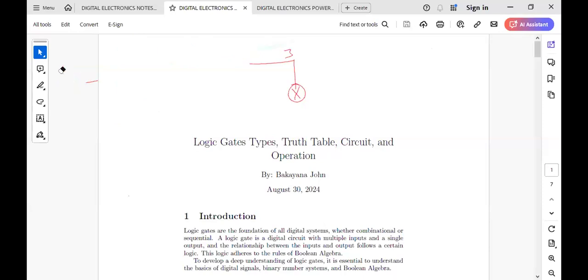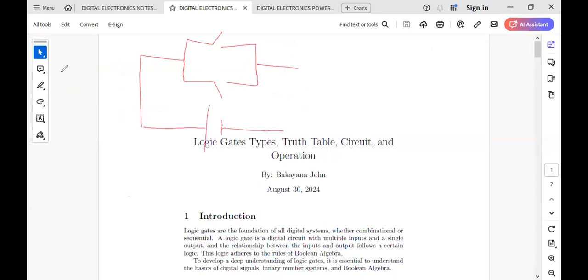Parallel arrangement of 2 switches. Let's say we have a circuit in which we have 2 switches arranged in what? I'm trying to be a little bit faster because we looked at this one last time. We're just revising. For those who missed out, pay attention. If this is my battery, and that is my bulb, if we call this one our switch K1 and that one our switch K2,